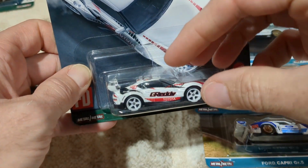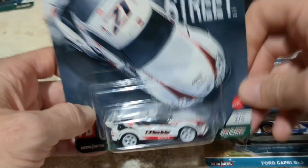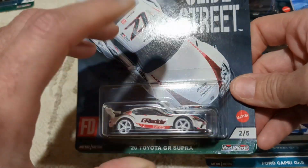Just very clean looking version here. Not too much going on, but still really nice livery. Really nice wheel selection on that too. I think overall it looks good. I am going to smash on this one. Not sure if I'm going to open it yet or not, because I do like this card art, but a definite